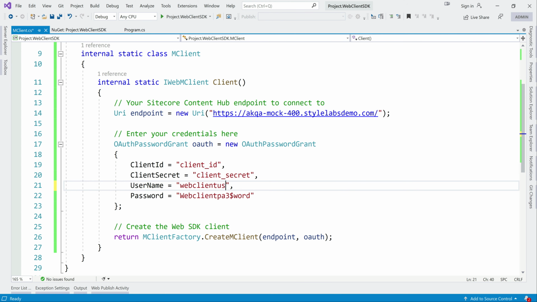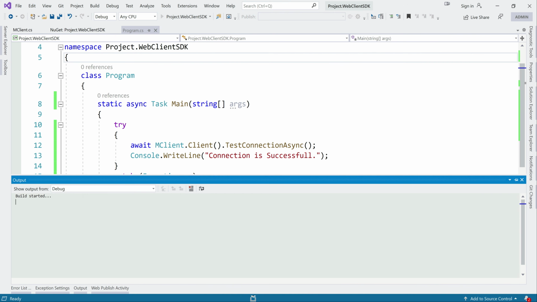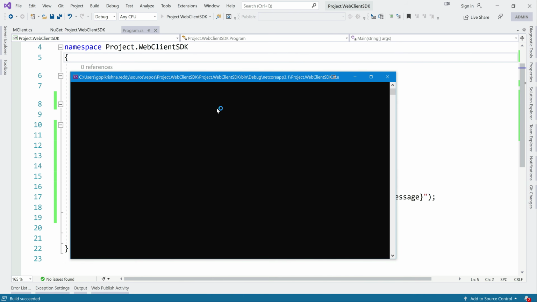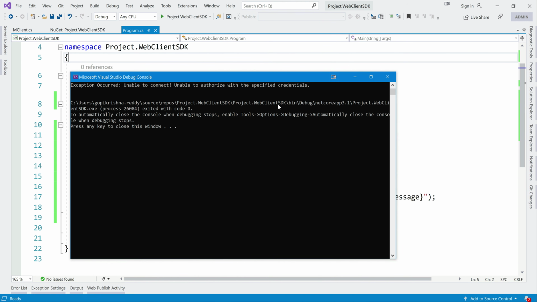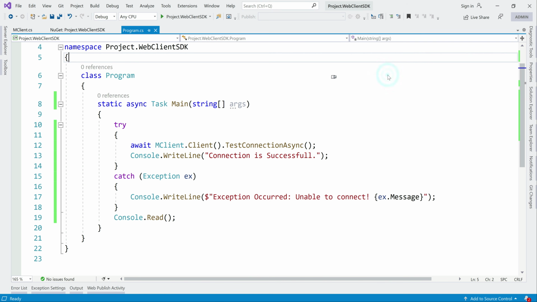Maybe if it throws an exception. As the username is incorrect, it should show us an exception. Yeah, correct. Exception occurred: unable to connect, unable to authorize with the specified credential. This exception message is also super helpful. So that's all we require to connect using Web Client SDK.